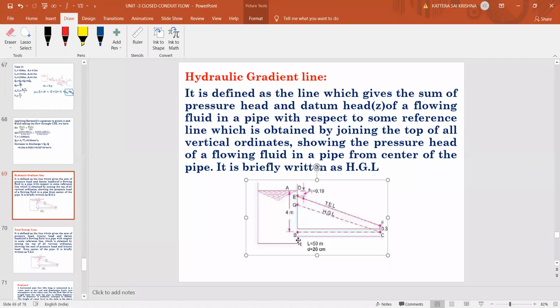But since there is an inlet loss of head because of the inlet, already we know the formula 0.5 V square by 2g. So we need to remove this loss of head because of the inlet. So that loss here is calculated as HI equal to 0.19. Because of that loss, what happened? There is a difference of height here, nothing but the difference of H value, this one. So that's why E starts here because of the loss.